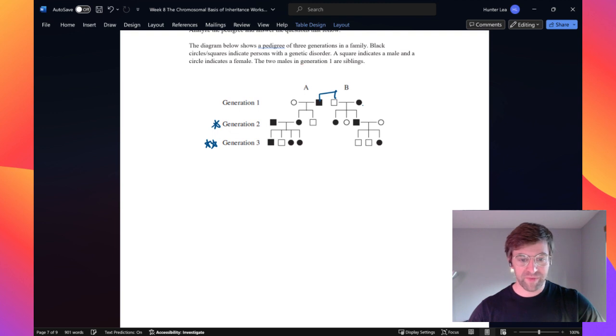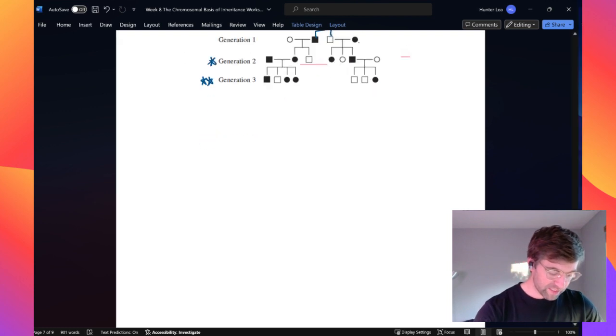All the daughters of affected males have the disorder, and males only have the disorder if their mother had it. However, given that this is a relatively small population, there's still a possibility that the disorder is autosomal dominant. So it's likely